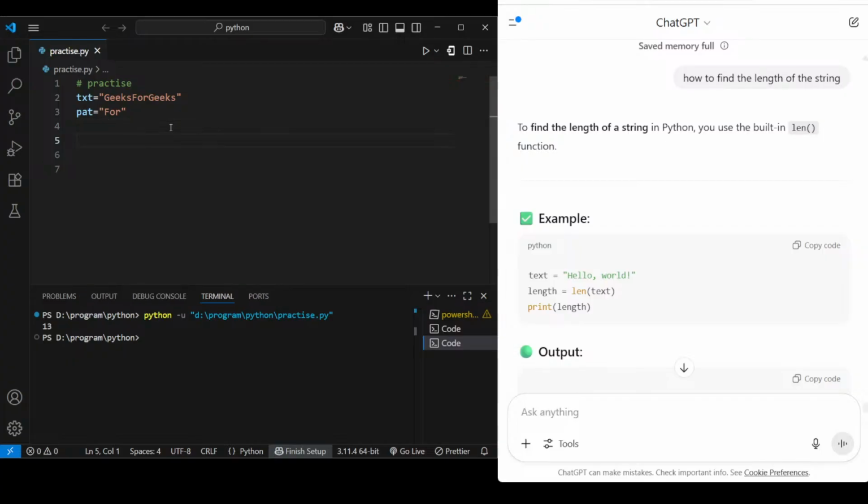So now for i in range length of text. What should I need to do for i in range, if px